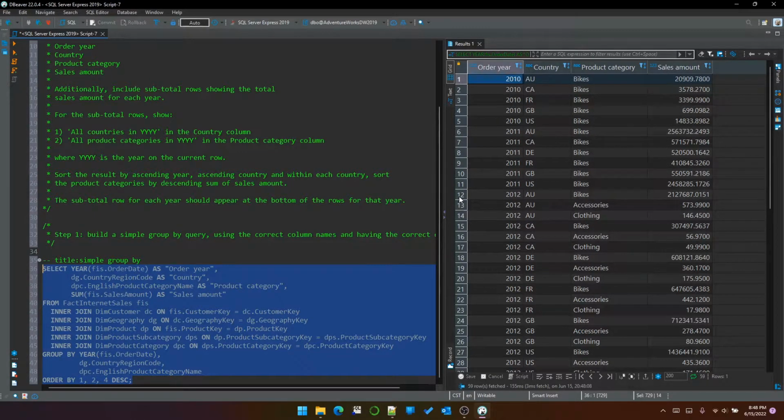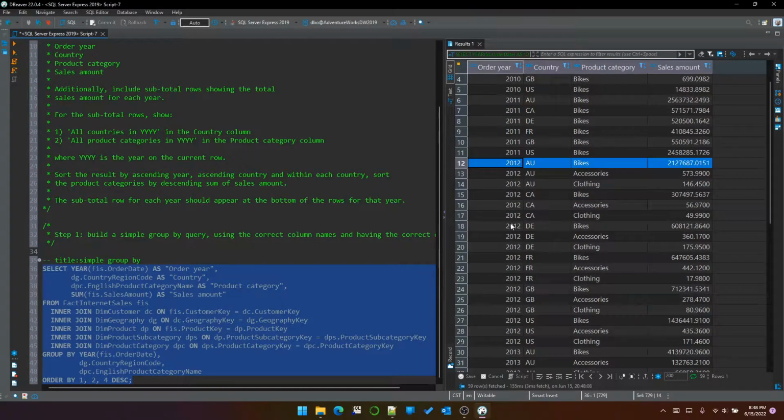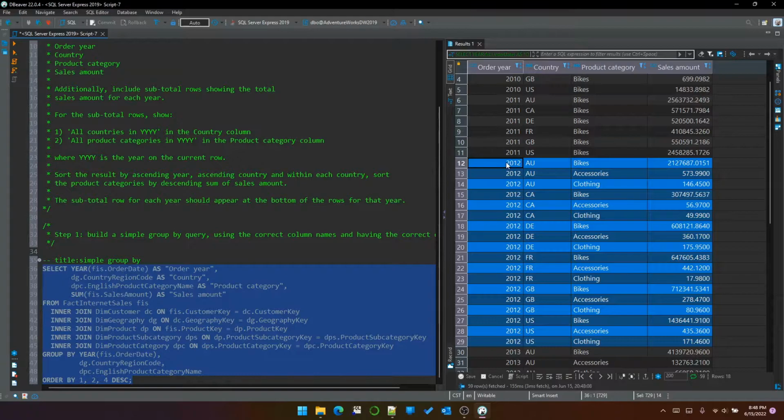So let's look at 2012 because earlier years don't have as rich data. You can see the countries are sorted within the year. So Australia's first, then Canada, then Germany, then France, Great Britain, and the US. And the product categories are sorted descending within each country. So that's exactly what we want, but that's just the beginning. So next we need to